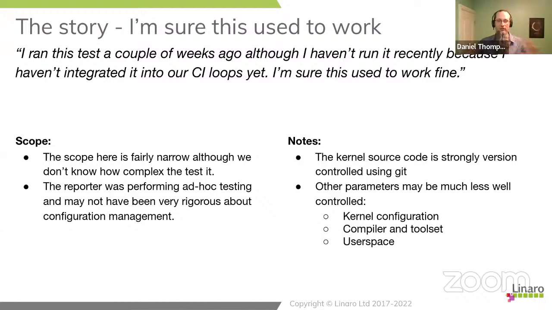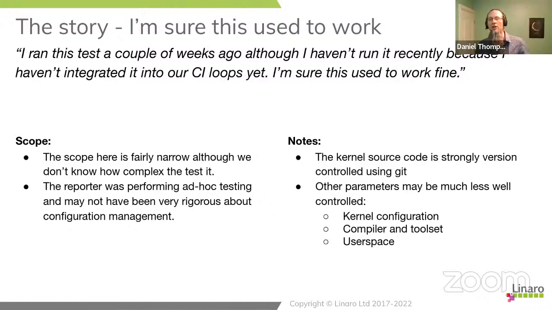We can empirically try to study the behavior of before and after until we understand what change it was that provoked the bug. So, like I say, it's relatively narrow because we know how to produce it. We know how to produce the failure, and hopefully we've got some idea of how to make it work. The reporter has been doing ad hoc testing quite clearly, so they may not have been entirely rigorous about configuration